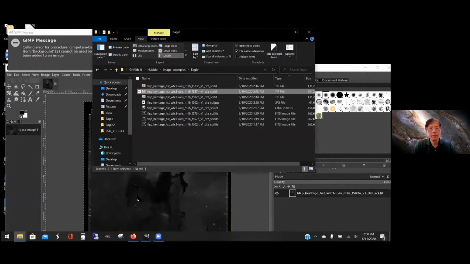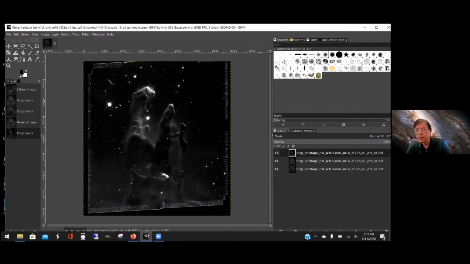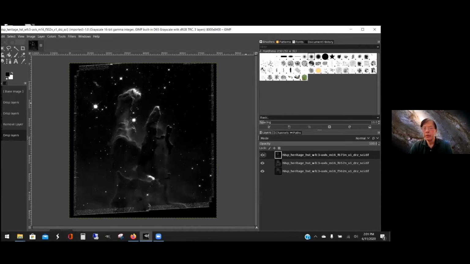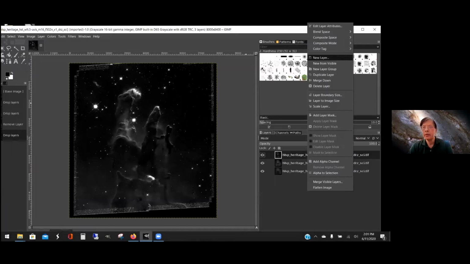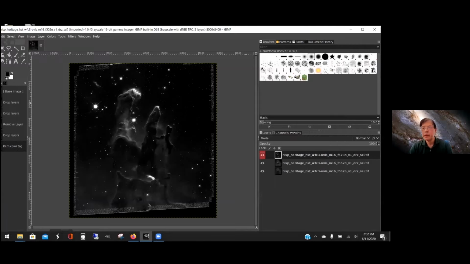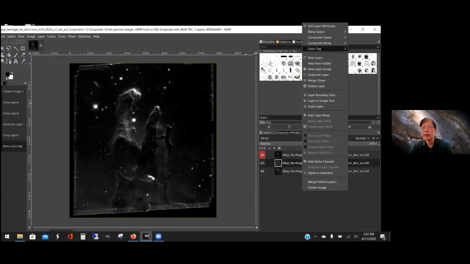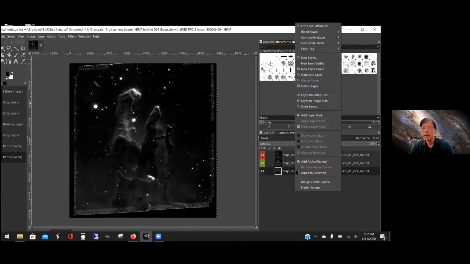Next one, bring in. So here we have them, 673, 656, and 502. So we're going to make these images red, green, and blue, but to help you keep organized, if you right-click on the first image, which we're going to make red, we're just going to color tag that red in this menu here. So click on the second image, we're going to make this green, and we're going to color tag that. Right-click, color tag green, right-click on this image, color tag that blue,